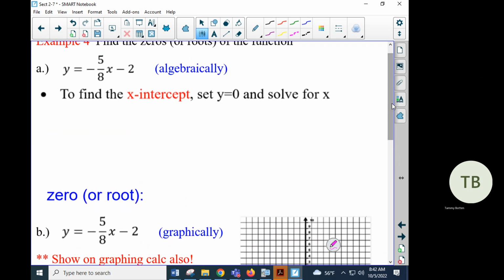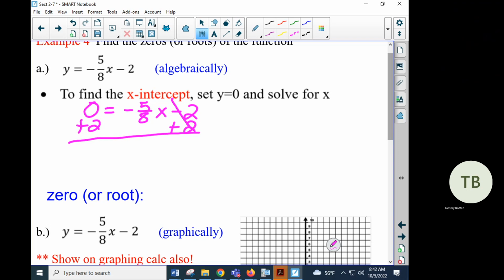So if you guys were going to do this today, how many of you would just do it algebraically and put 0 in for y? Yeah, that's not a bad thing at all. So let's show you how to do that again, because this one's a little bit harder to do algebraically, okay? And I should have put 0 in for y. So what I'm going to do is add 2. And I would get 2 equals